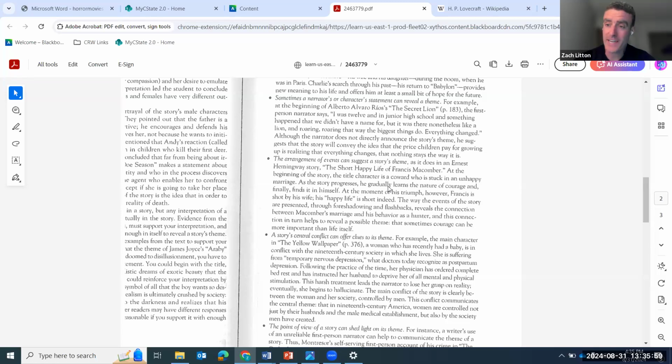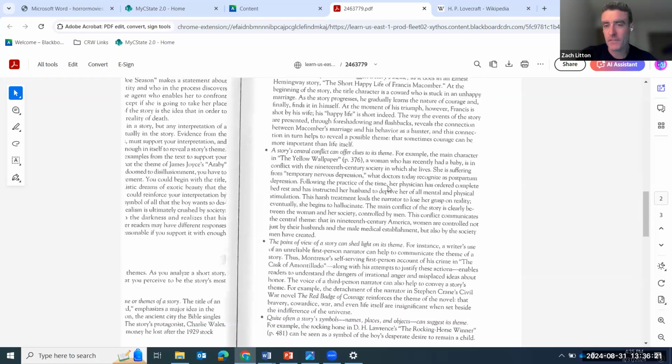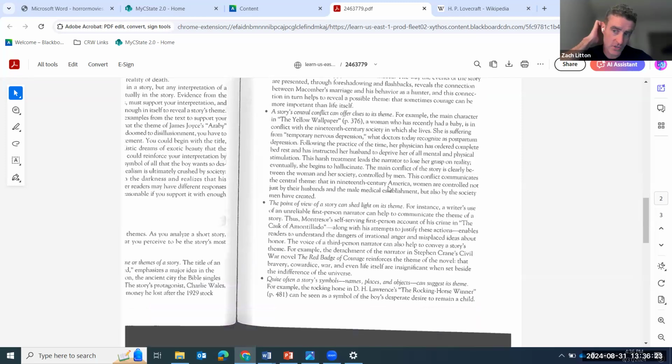Plot, or the way events are arranged in a story, can also be indicative of theme. So how does the writer organize the story? What shape does the plot take? Where are the climactic moments? Where are the complicating moments of the story? And then, of course, conflict, probably the most essential of all